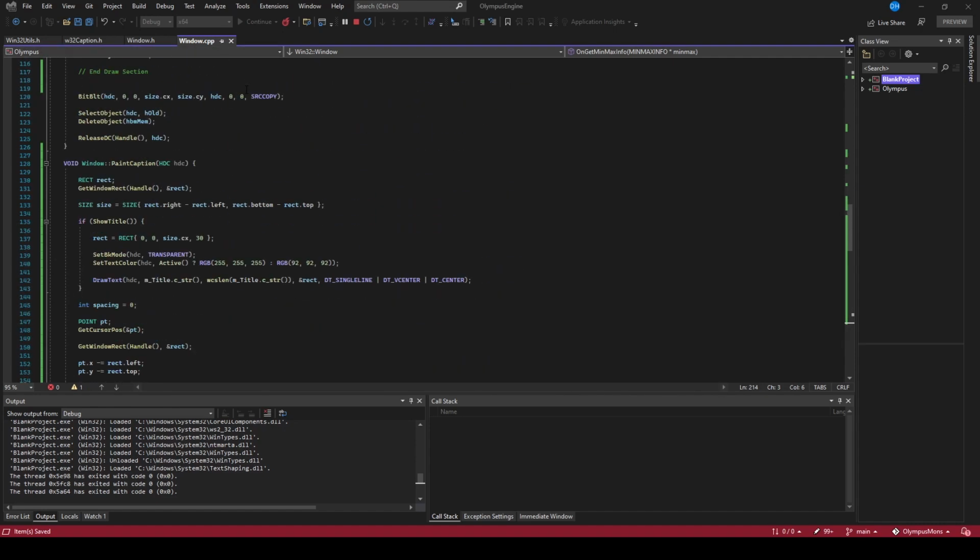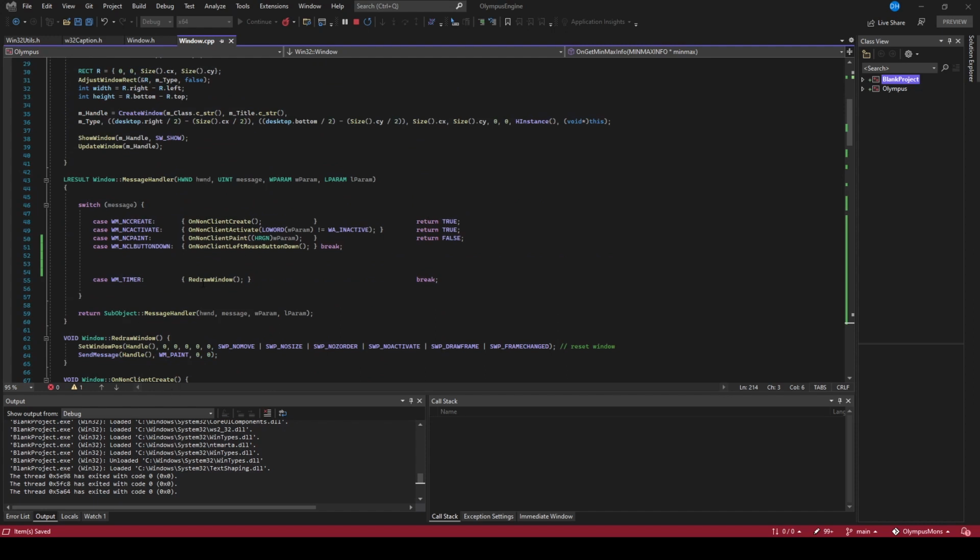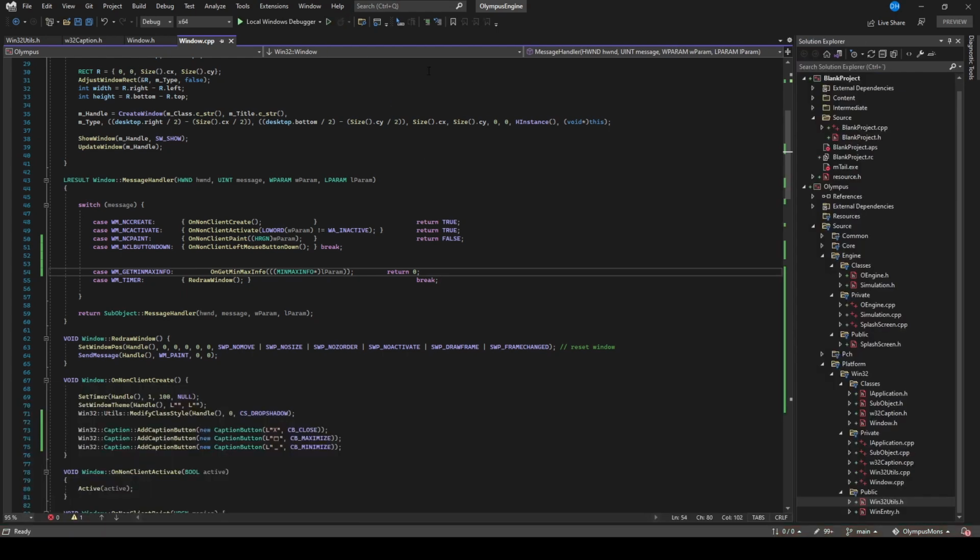Let's come up here. Now this is not a non-client window task, this is just a normal task, so let's just put that in there. That's not the one I was looking for. This here is the actual one I was looking for. That's perfect. Now if we close this and we run it again,